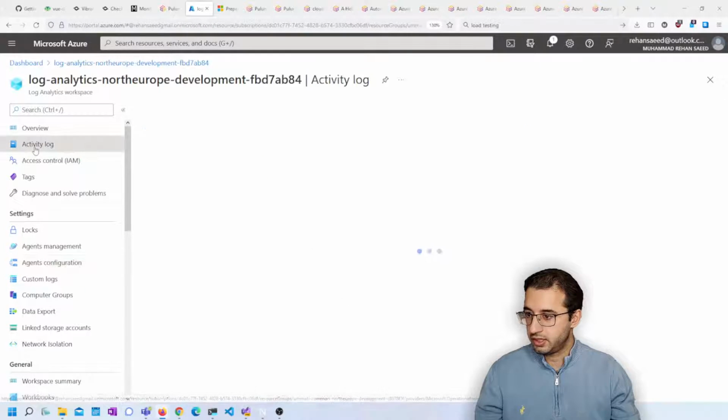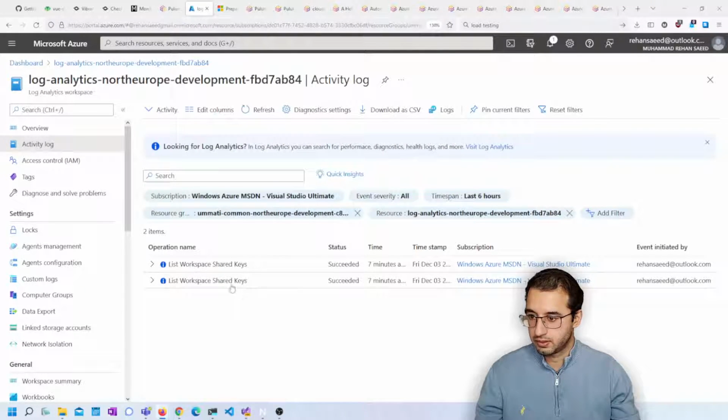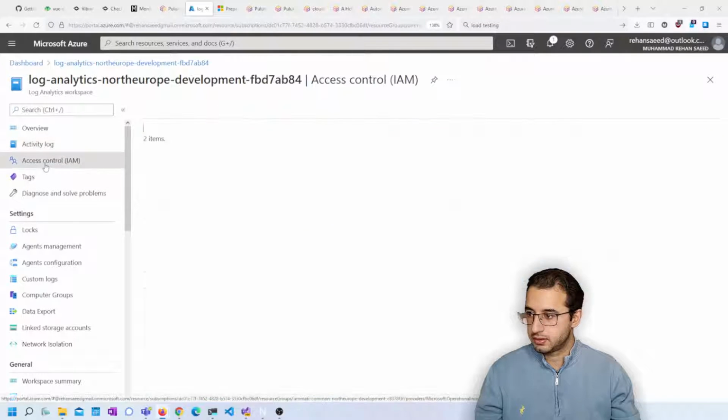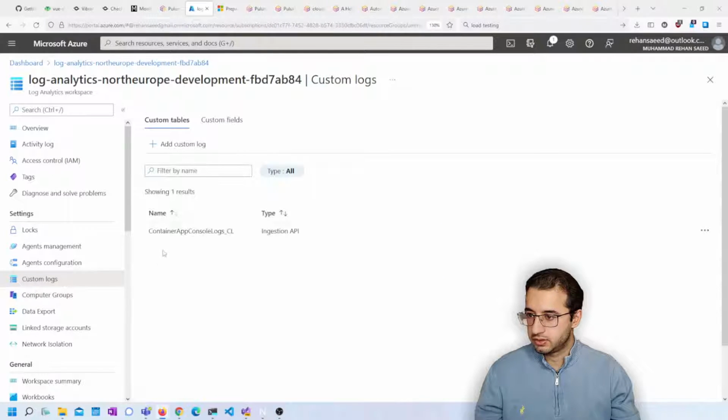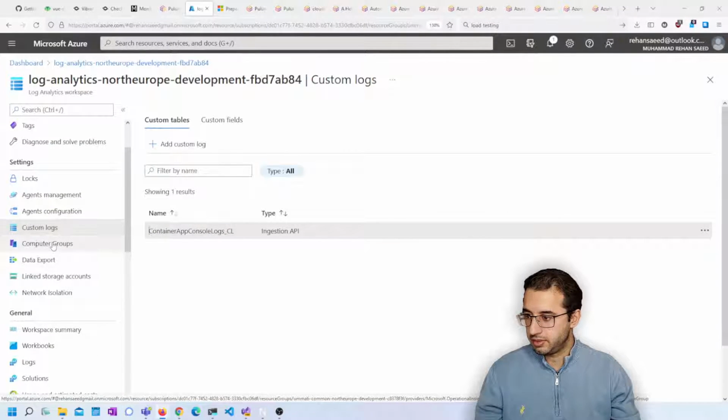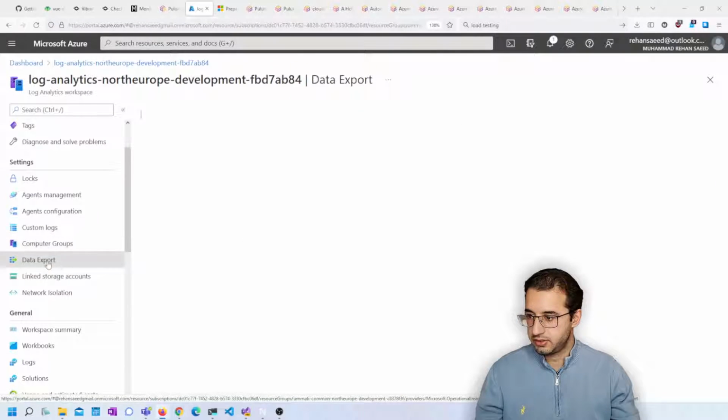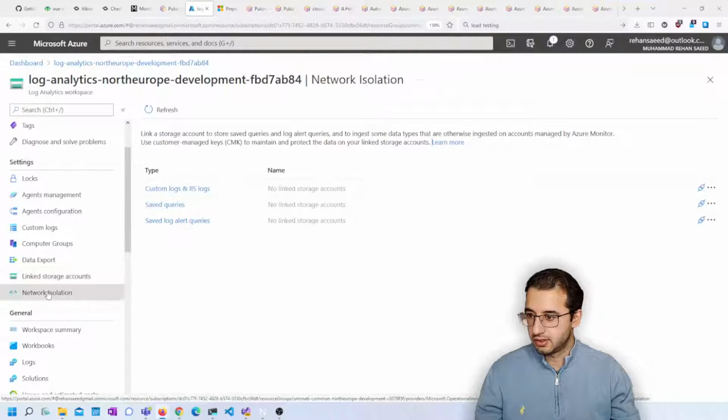Yeah, I have no idea where to look here. Access control, custom logs, ingestion API. Yeah, maybe I will spend some more time reading about this and finding out where these logs actually end up